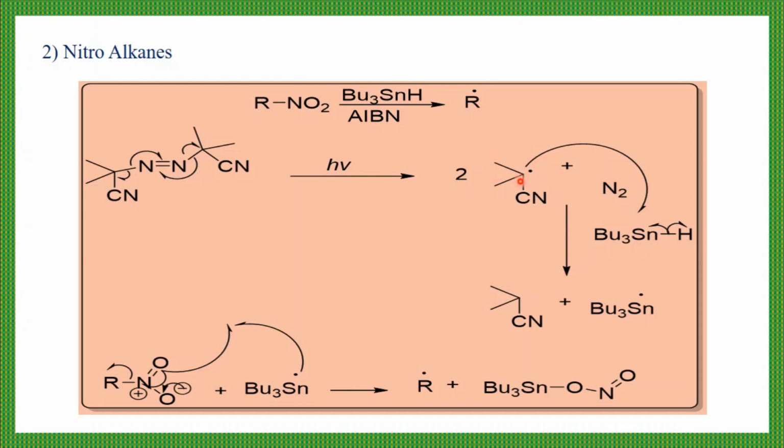Then this carbon radical reacts with your tributyltin hydride. The tributyltin hydride undergoes homolysis. It generates tributyltin radical and hydrogen radical. So that hydrogen radical will react with your carbon radical. This carbon radical takes that hydrogen and forms the bond with this carbon. So here one hydrogen is there. I'm writing in a zigzag fashion, so you assume that this carbon is attached to one of the hydrogens, that is this one. Then it generates this tributyltin radical. Then this tributyltin radical will react with your nitroalkane.